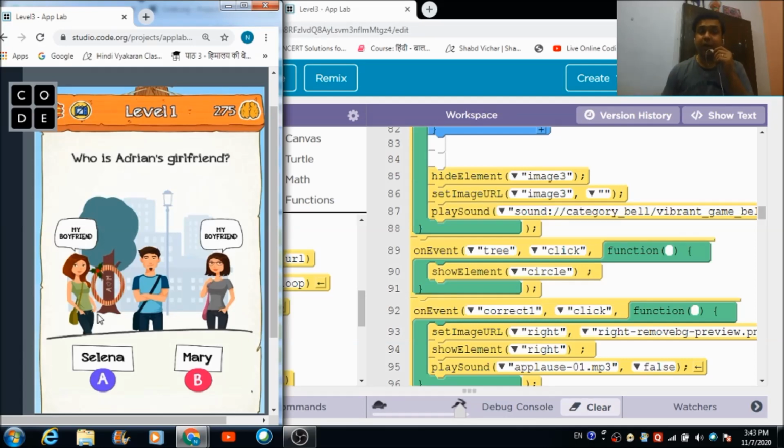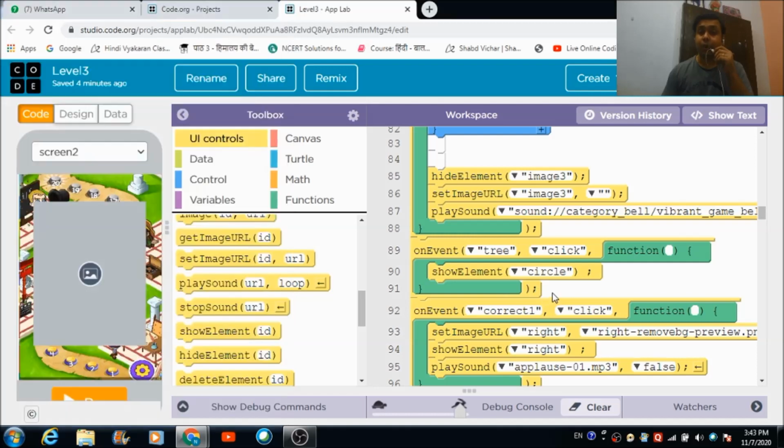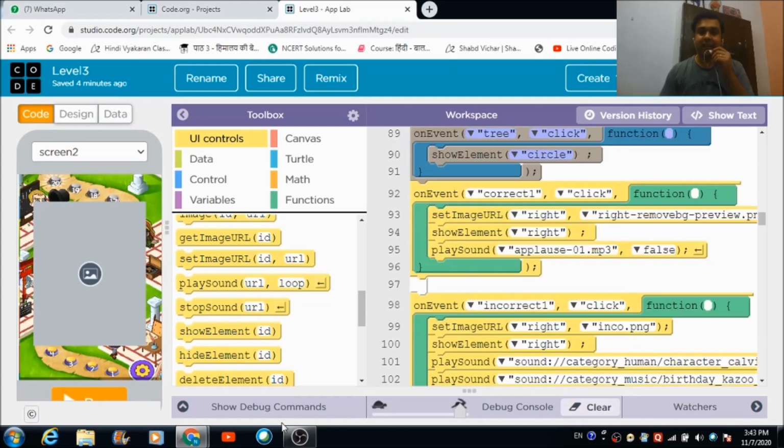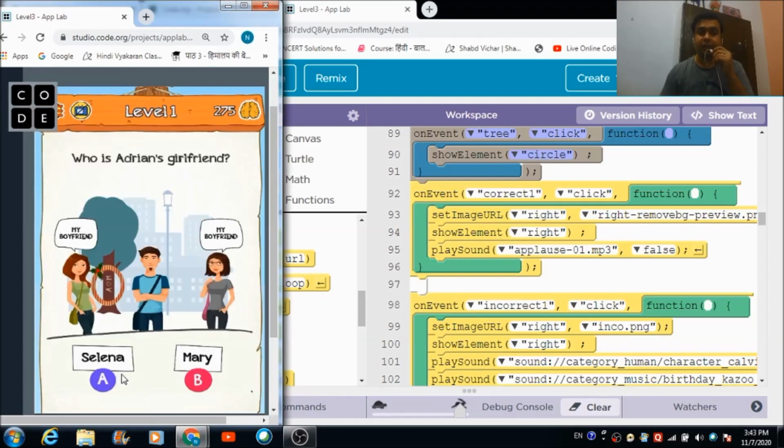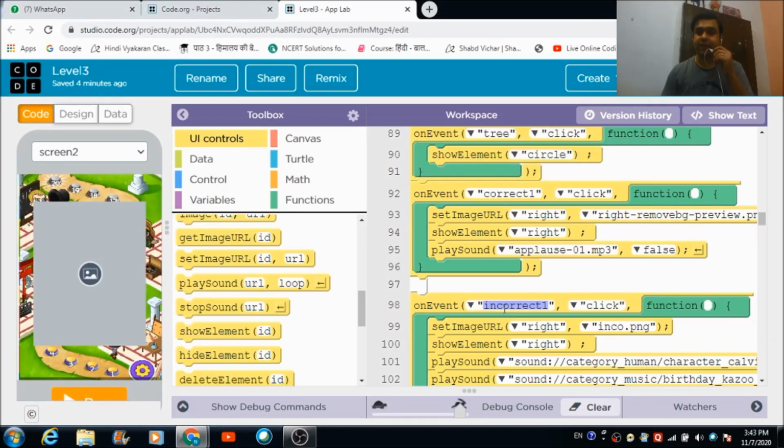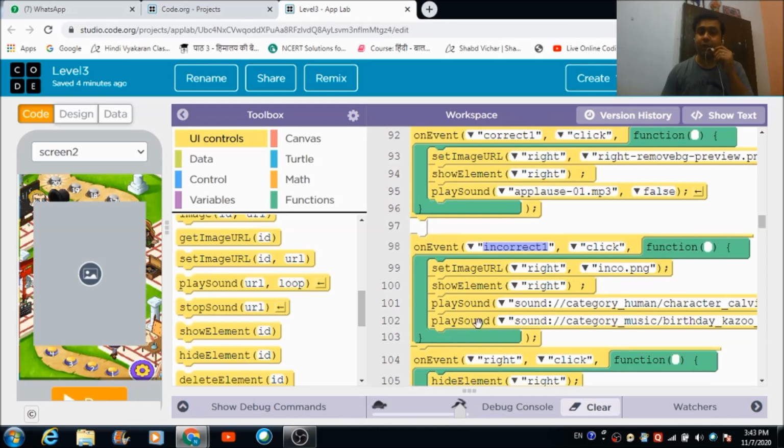Now how is it happening? This is the code which I have made use of for this to happen. When the user hits this tree, what is going to happen? The circle is going to become visible to the user. Fine. And now, for this correct option, if the person hits the incorrect option, this is the code that is going to get executed.